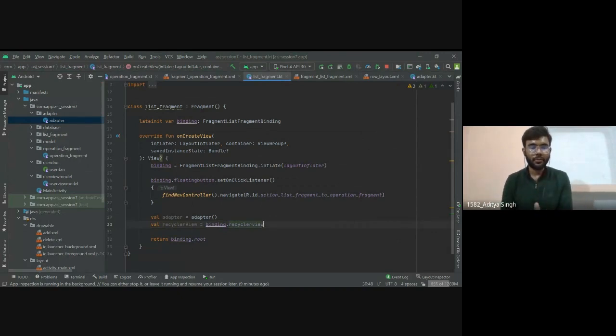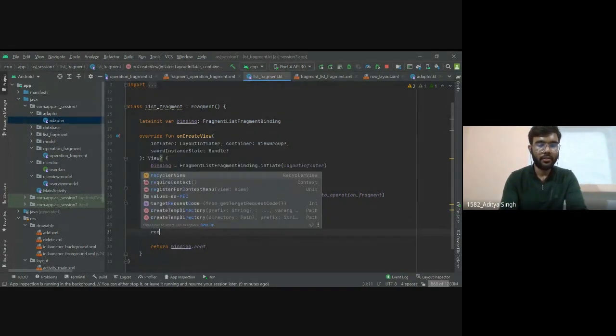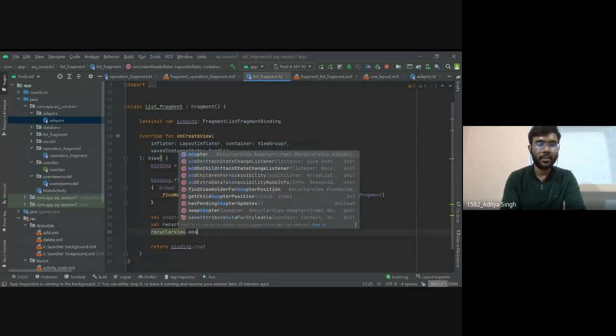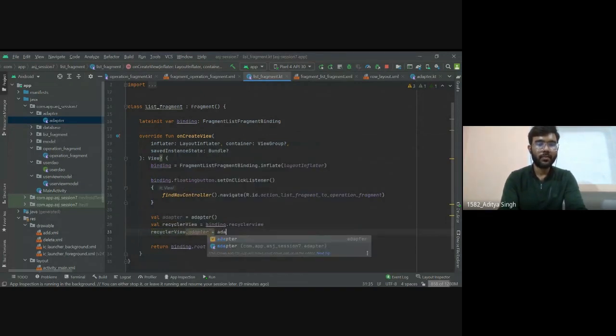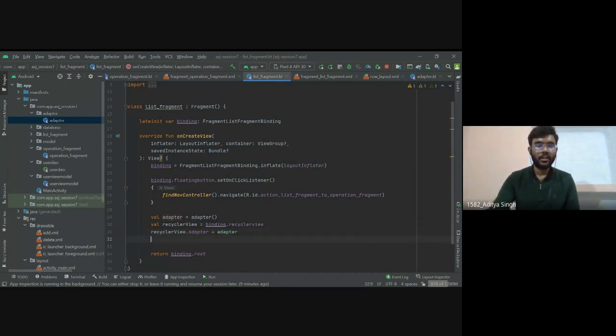Now we need to attach the adapter to our RecyclerView. So for that we will write recyclerView.adapter equals the adapter which we have created above. And now we need to specify what kind of layout we want to use. We will be using LinearLayoutManager.